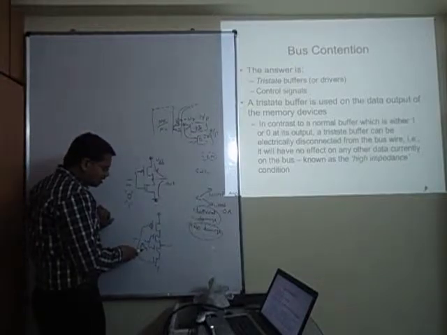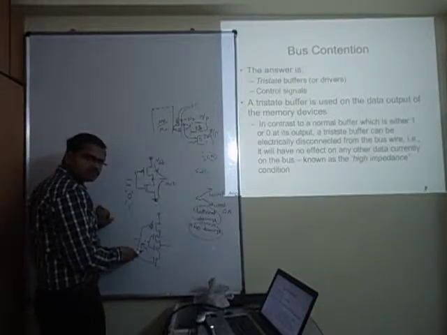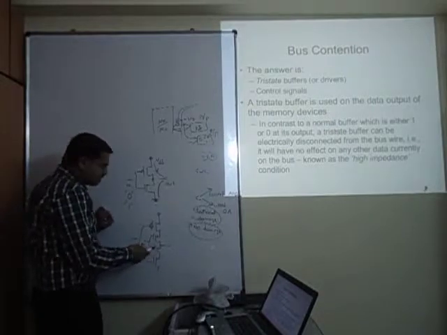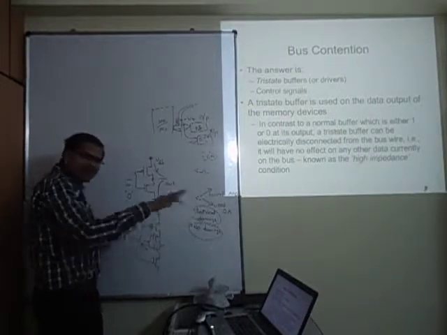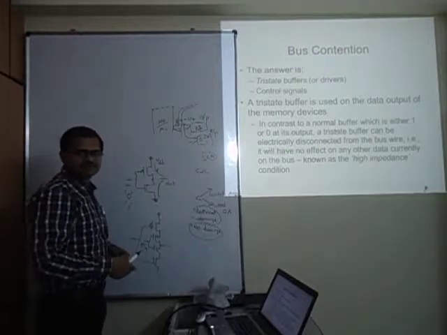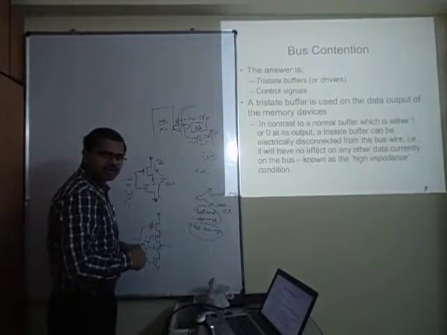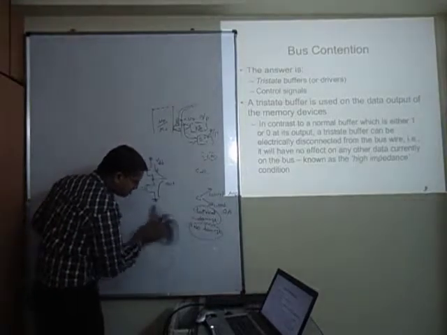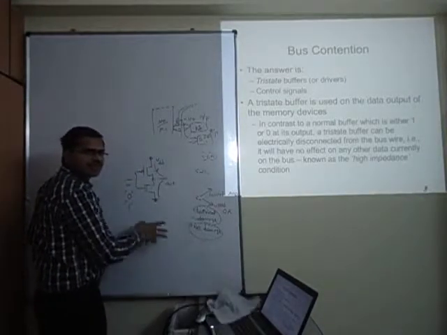See, when your enable itself is 0, got it? So these two fellows are basically off. So as if this point is floating, it's an unconnected wire, as simple as that. We will talk more about that in module 5, about what's called a tri-state inverter. The point is, how do you get tri-state? That's what I want to explain.